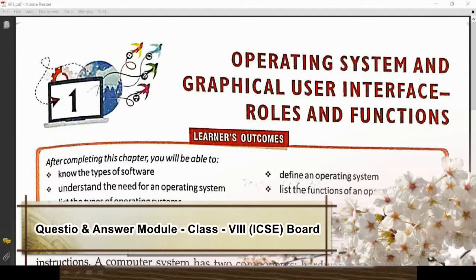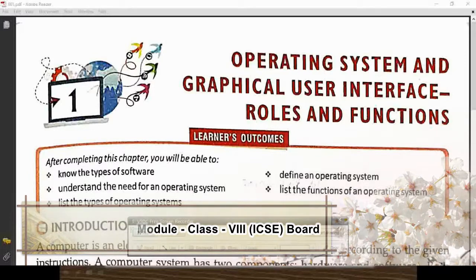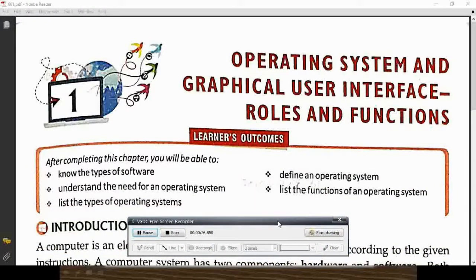আজকে আমরা আইসিএসই বোর্ডের ক্লাস 8 এর চ্যাপ্টার 1 এর উপর কিছু কোশ্চেন আনসার মডিউল নিয়ে আলোচনা করব। তো আমাদের টপিক অপারেটিং সিস্টেম অ্যান্ড গ্রাফিক্যাল ইউজার ইন্টারফেস, রোল অ্যান্ড ফাংশনস।